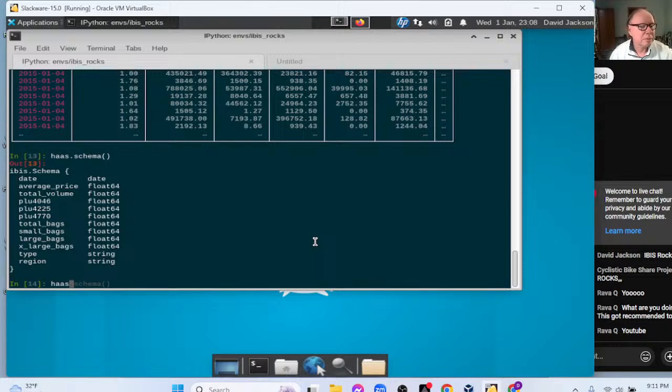So we're going to say Ibis dot. Now our next function is we're going to get rid of the unnecessary columns.